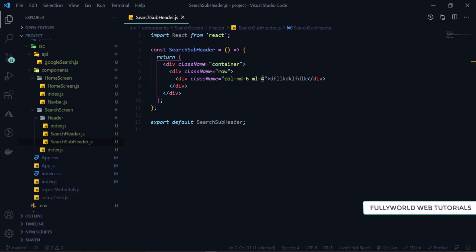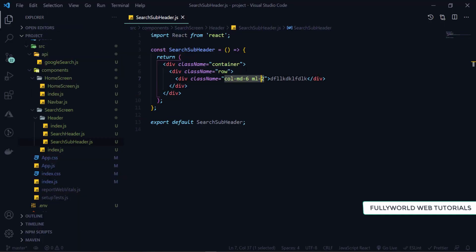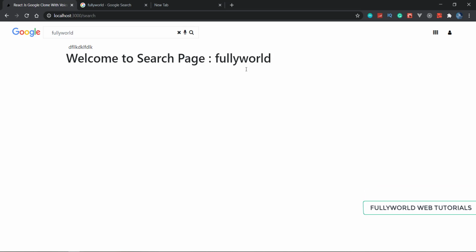So let's apply only margin left 2. So if I am applying margin left 2, margin left 0, save this. Now let's check this. So it is coming like here.